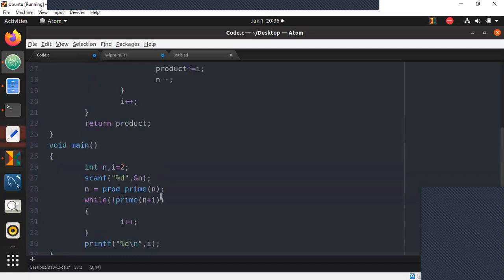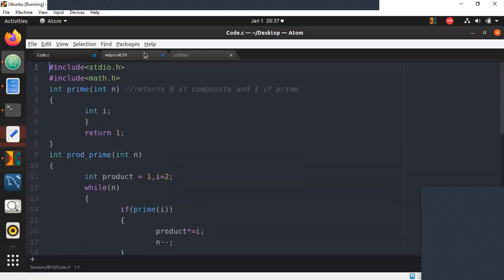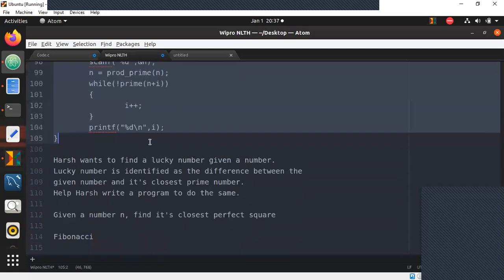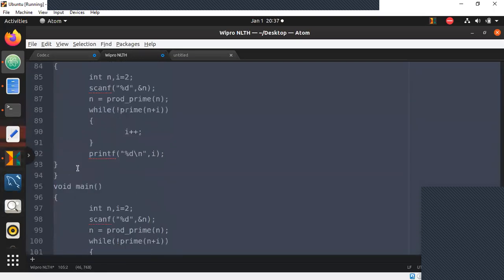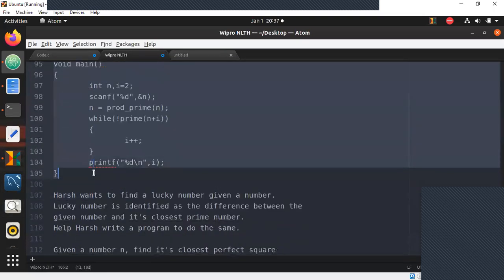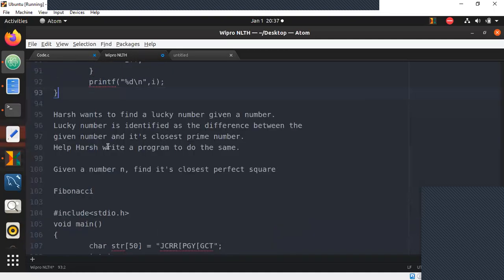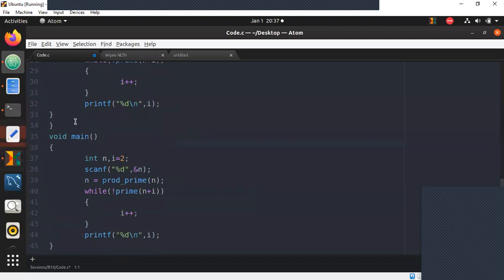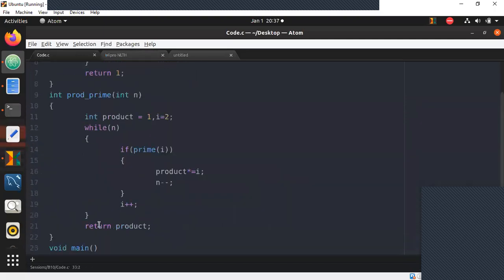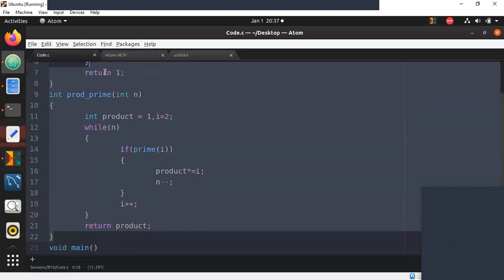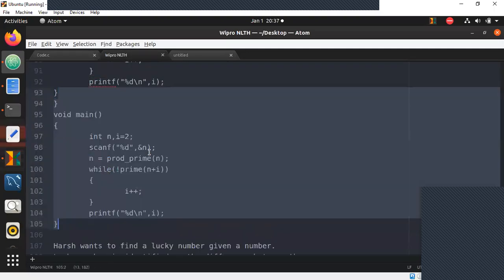So I think I've copied a lot of things. I've copied this multiple times, so I just need to probably delete this. Perfect. So let's go back here. Let's delete this. It's not needed. So now let's go for this function. Whatever we have, product of prime and everything, let's remove it. Okay, so here's the mistake.